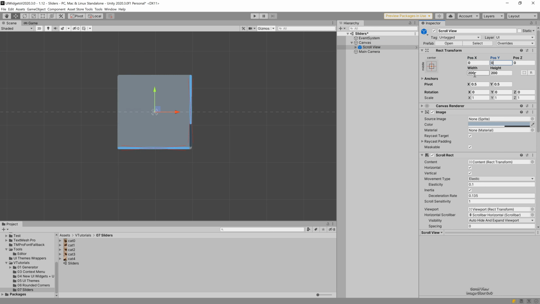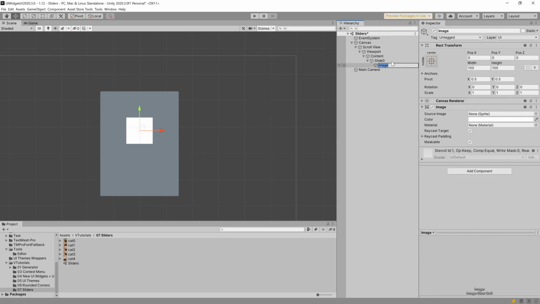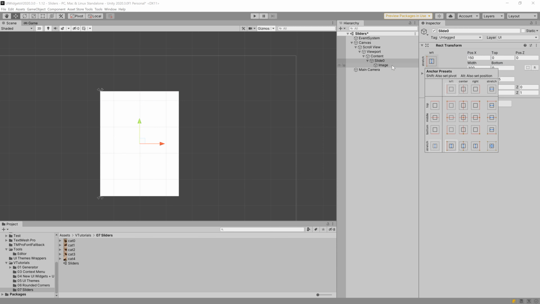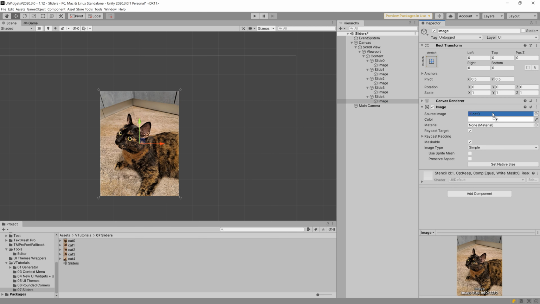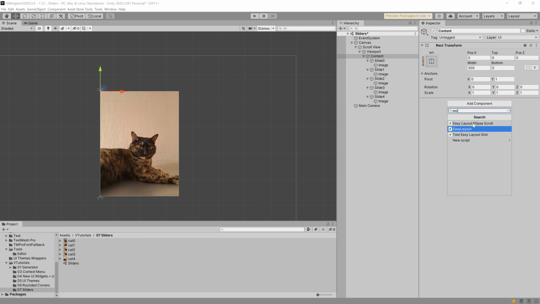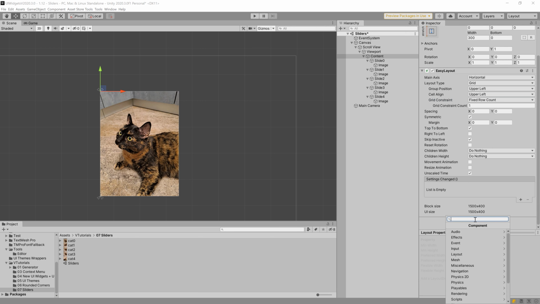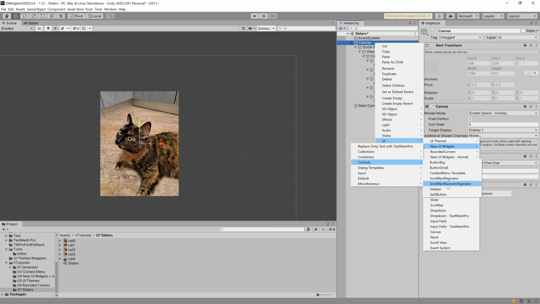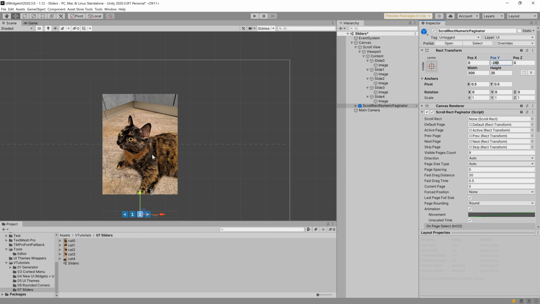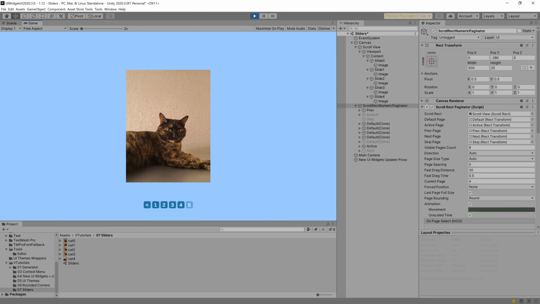First, let's create a scroll view and slides. I will use images for slides. Now we will add easy layout group, a content size filter to the scrolled content game object. For the vertical slider, the settings will be similar, but it will be vertical axis and vertical fit instead of horizontal. All that remains is to add the scroll rect paginator widget and specify scroll rect. Done, the slider is working.